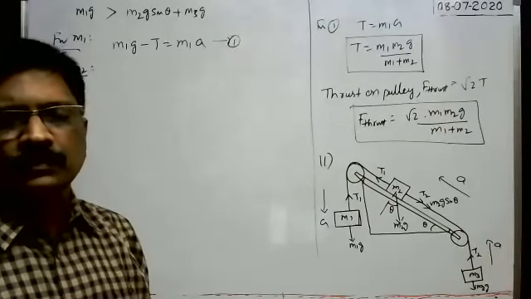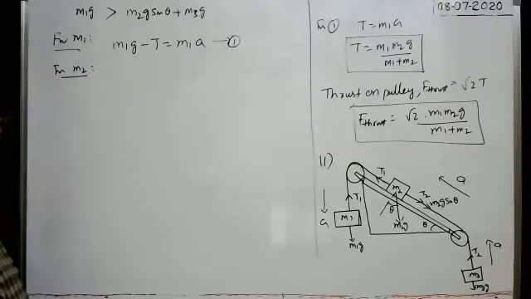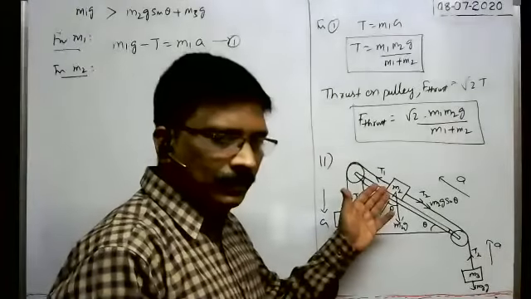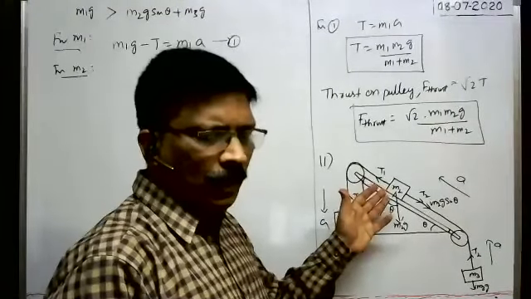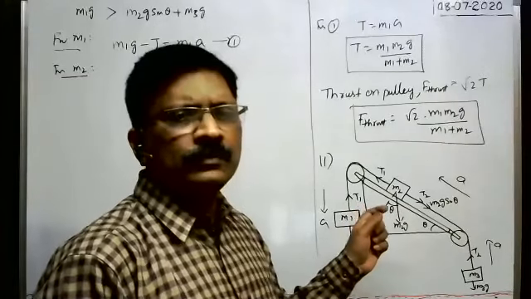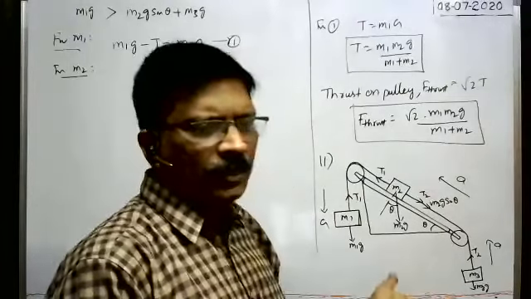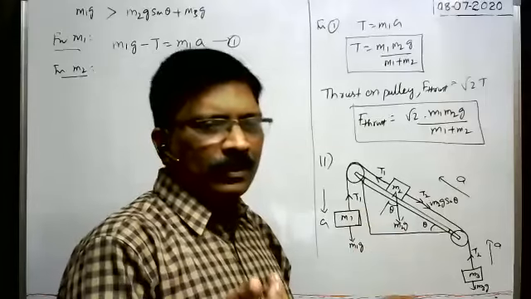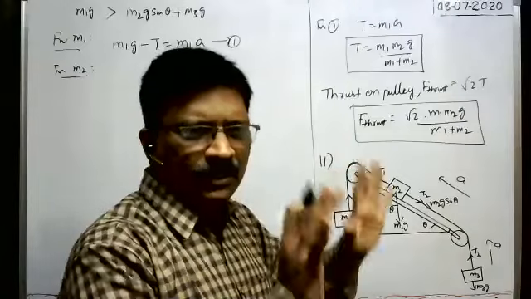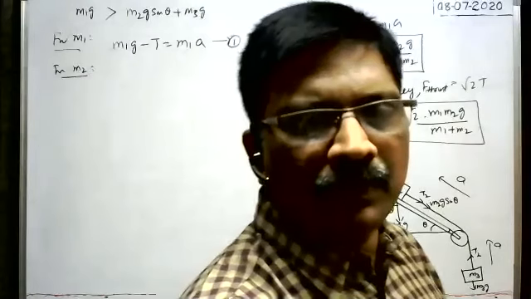How can we get M2, sir? How can we get the M2 value? Based on the given values, we have to derive the equations first. When you solve the equations, you will get M2, M1, M3 or T, whatever it may be, based on the given values. By these equations, I am just writing the equations. So we have to solve them. Okay, sir.